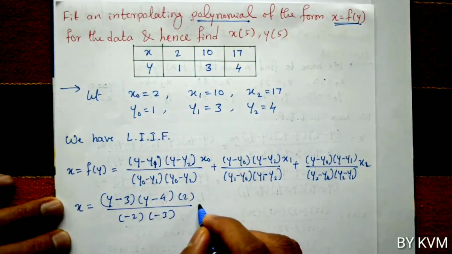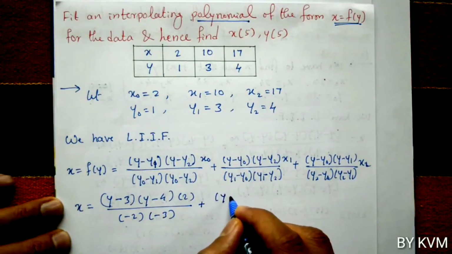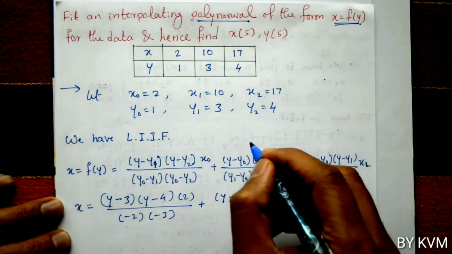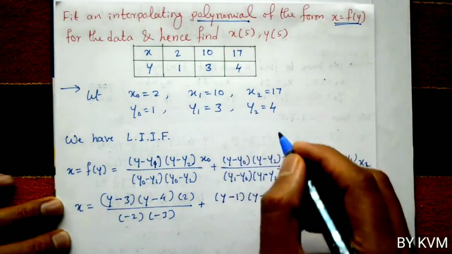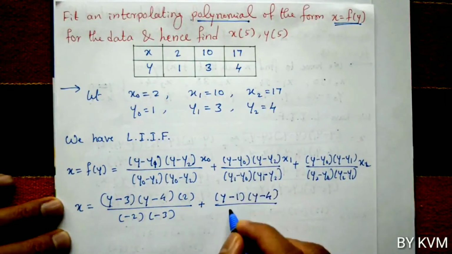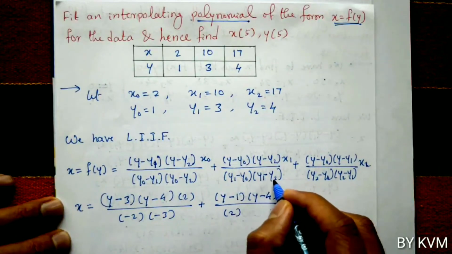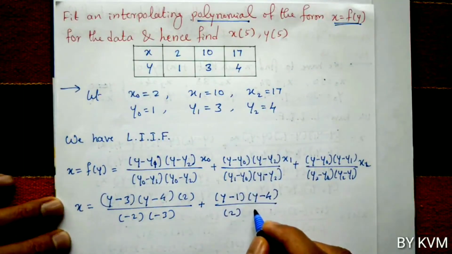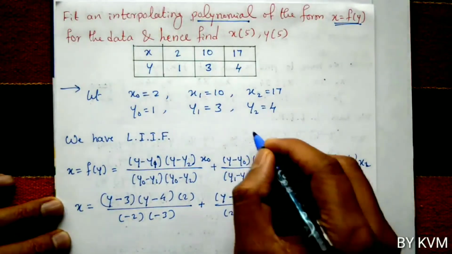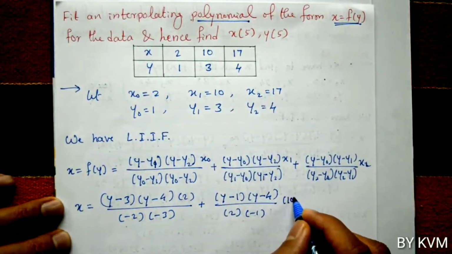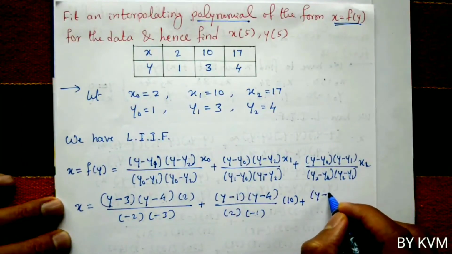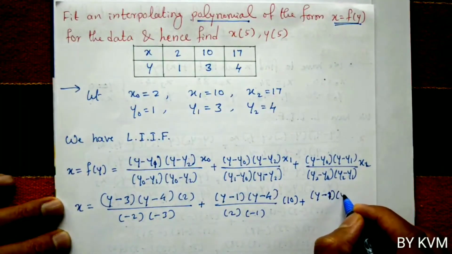So in the denominator we get minus 2 into minus 3, plus y minus 1 into y minus 4 by y1 minus y0 into y1 minus y2, that is 2 into minus 1, into x1, x1 is 10,